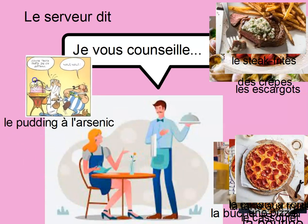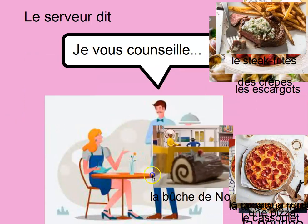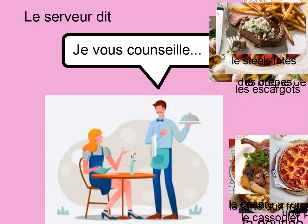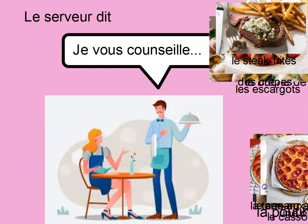So they've already read Asterix Le Gaulois at this point. So I put in Le Pudding à l'Arsenic. And what else do I have? Oh, La Bouche de Noël. I need water. La Bouche de Noël from Panique au Village, which they love. What else? Do I have anything else in here? Nope, that was just a couple of joke ones, just so that they can be more invested in the story